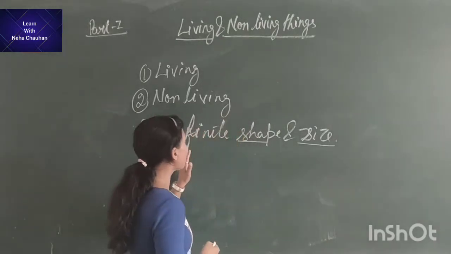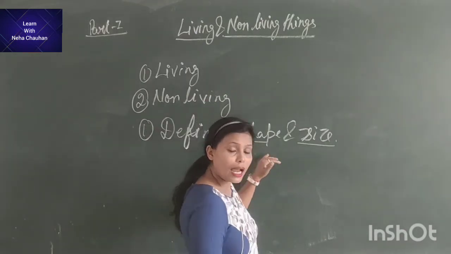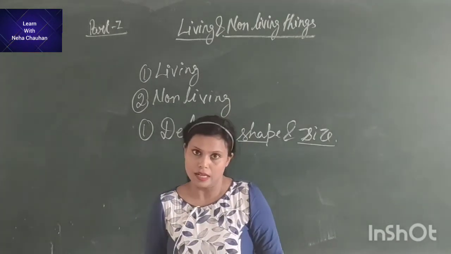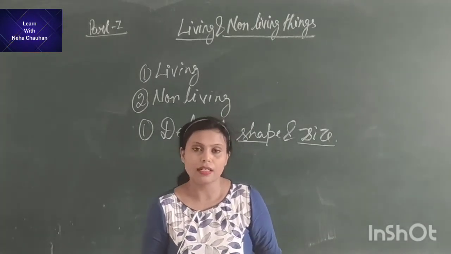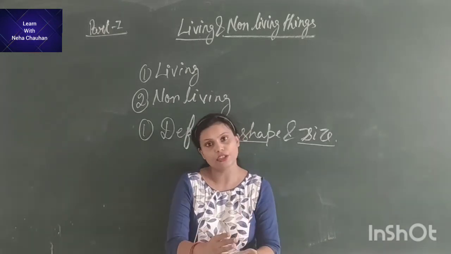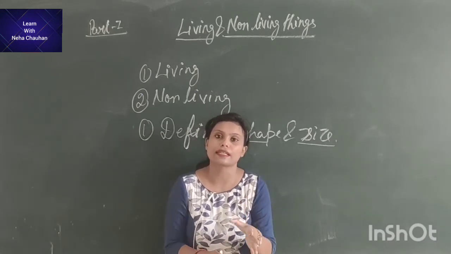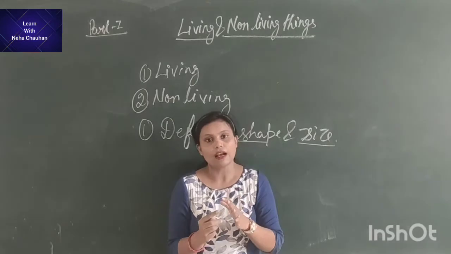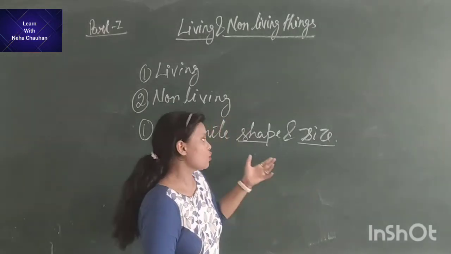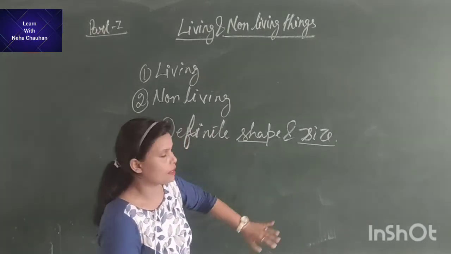That means all the living organisms have their own shape, and only with the shape and size we recognize these living things, right? Like if I talk about the frog, we recognize frog and dog separately. How? Just because of their characteristics of movement, of their color, of their habits, right? So we always recognize the things with their shape and size.